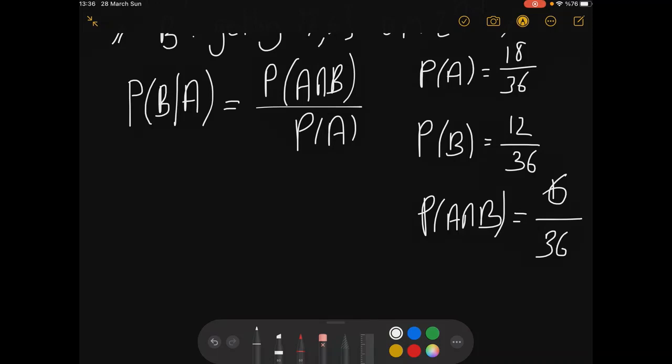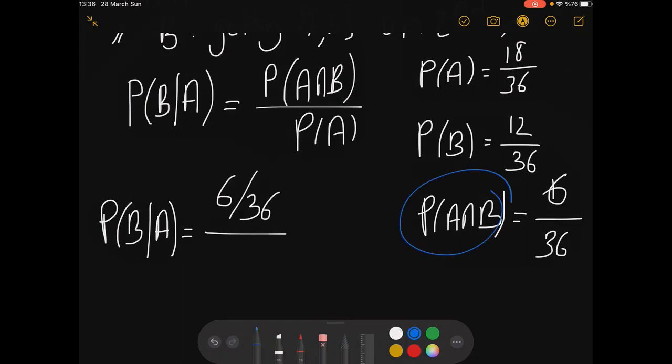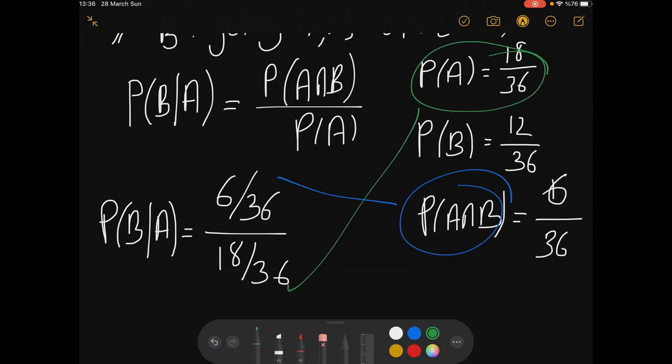So now, if you want to write the probability of B given A, it should be this one over this one, the probability of A, right? Coming from here, that should give you 1 over 3 as the result,